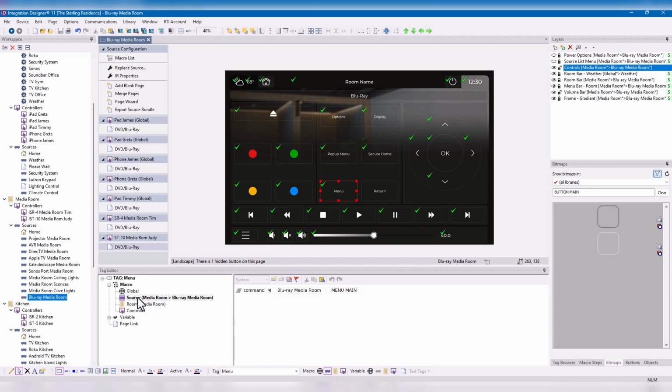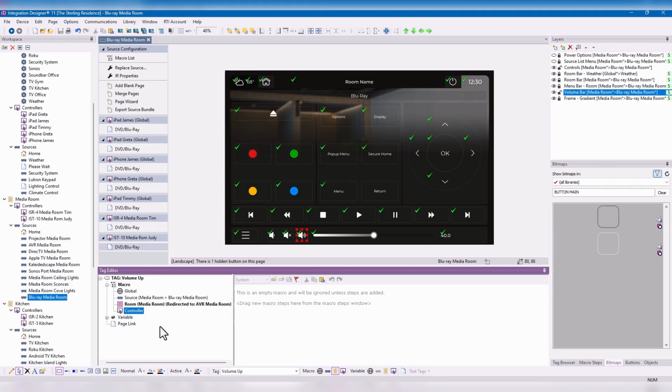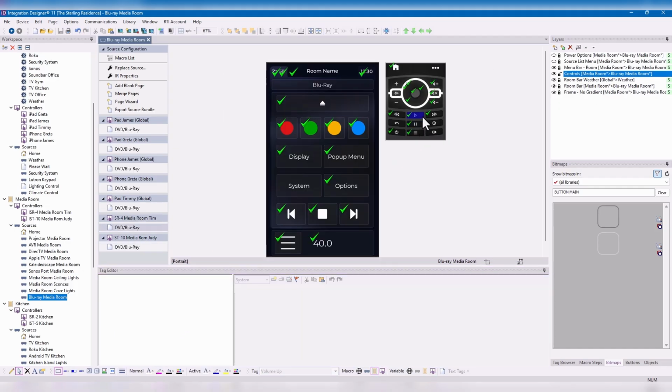And then a room level macro takes a tag, like the volume up function, and makes sure that that tag does the same thing everywhere in this room, on all the sources, on all the controllers that control this room, but leaves other rooms alone to their own room macros, even if the tag's the same. Okay? And a control level macro, rarely used,